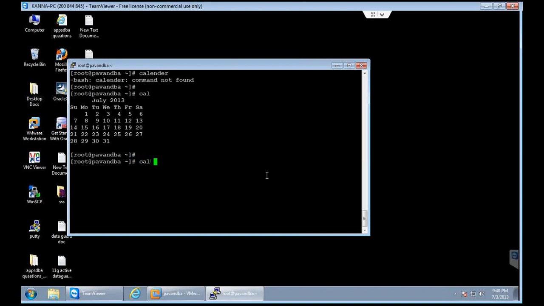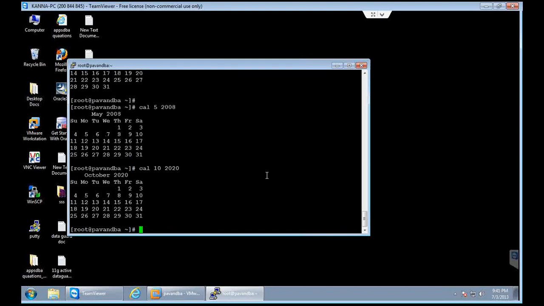And if you want to see the calendar of a previous month, somewhere around the 5th month of 2008, then you simply type cal 5 2008. Then it will display the calendar of May 2008. And if you want to see the calendar of the future, then also you can do that. For example, you want to see the calendar of October 2020, you will be issuing the command like this, and it will show you the output.